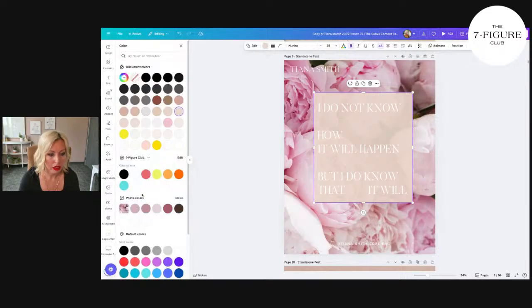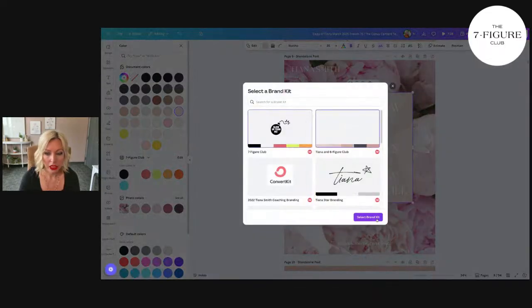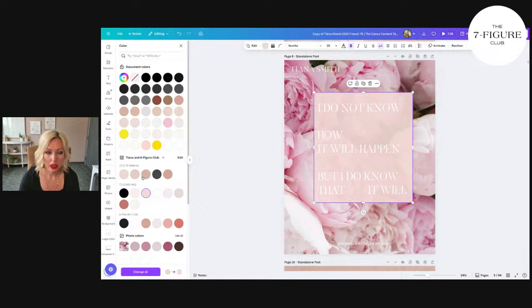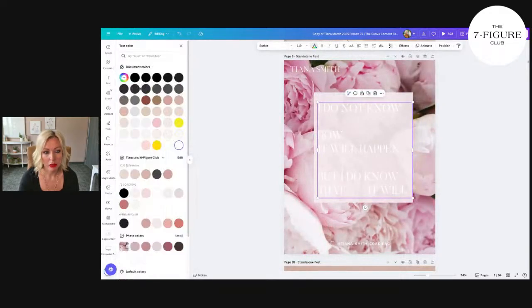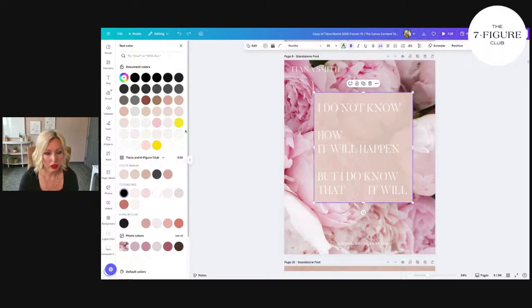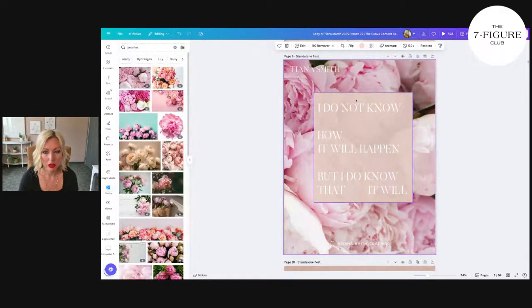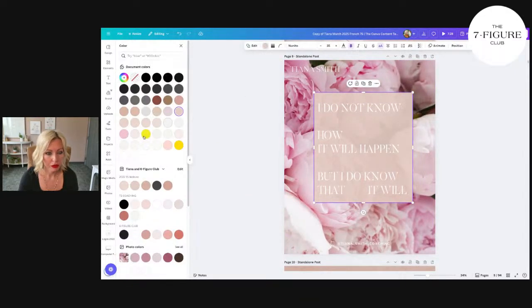So we're going to go here, go see my brand kit. Going to change this a little bit. Kind of add, see those tones are a little less pinky. So I might do that light color. Maybe just make this black. But the thing is I like the tone on tone. I like the last one. What color was that? No. Pinky tone? Maybe this tone? Let's go see. I like that tone, but it's not going to do well with